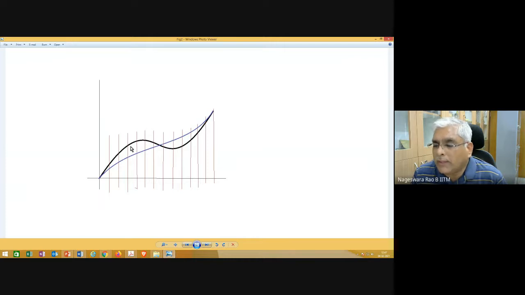One of the simplest weight functions that you can have is the error itself. That is what the least square weighted residual method is. And in the collocation method, the Dirac delta function is chosen as the weight function. And in the Galerkin method, what is the weight function? That we are going to discuss.